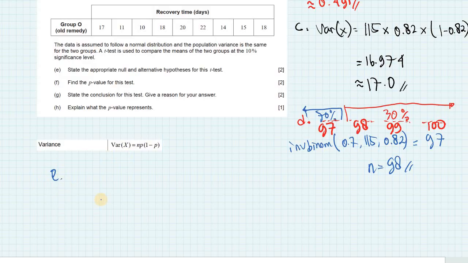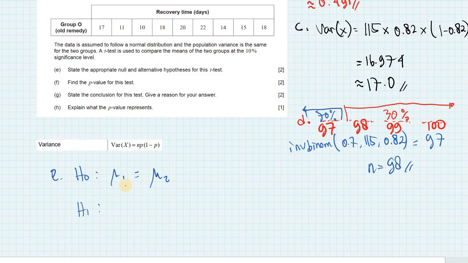The null hypothesis should be H0: mu1 is equal to mu2. Remember, the hypothesis for a t-test is always equals. It means the old one is the same as the new one. You can also write it in words: the old remedy is the same as the new remedy. That's H0. H1, the alternate hypothesis, will be,